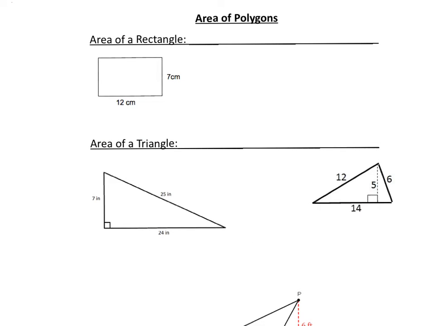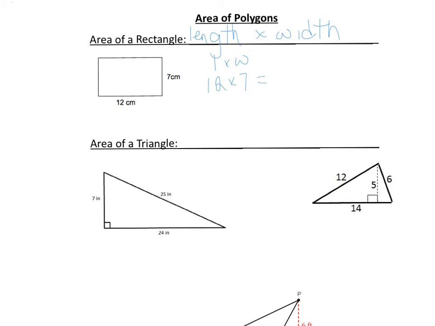Going on to the next page, you'll notice we're doing area of polygons. So area is going to deal with the amount of space inside the figure. Perimeter and circumference are dealing with outside. Area is going to deal with inside. Our formula for area of a rectangle, we know it's going to be length times width. So if we're going to do L times W for this rectangle, we're going to multiply 12 times